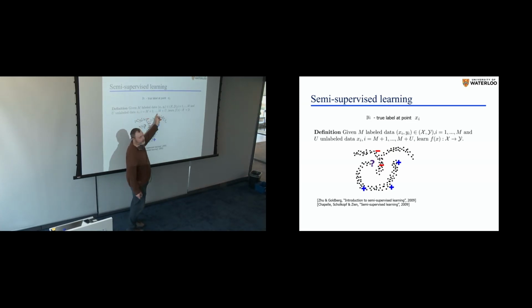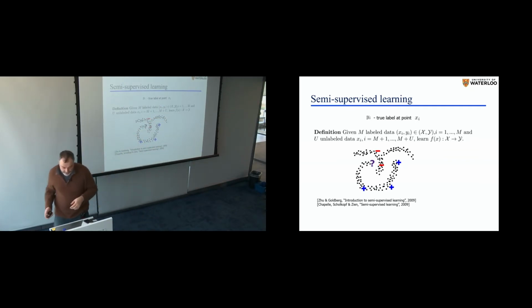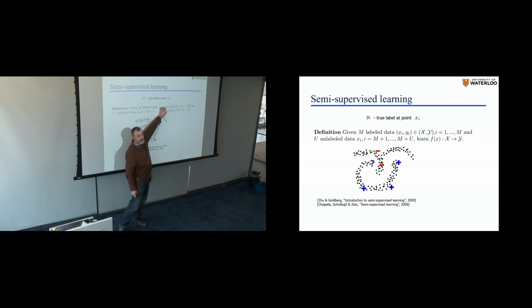So u unlabeled points, which don't have the label yi. You don't know what the true label for them is. What you want to do is learn a labeling function that assigns a label to any point in a data set. And you want to learn it from knowing all points and from knowing those which are marked. They give you additional information. So again, in my notation, y is the label for points xi, but only for those points which are marked. So y is defined only for a subset, while we want to find that function.